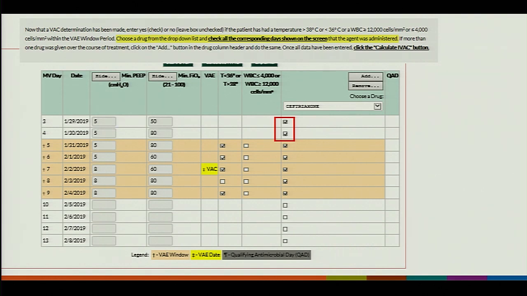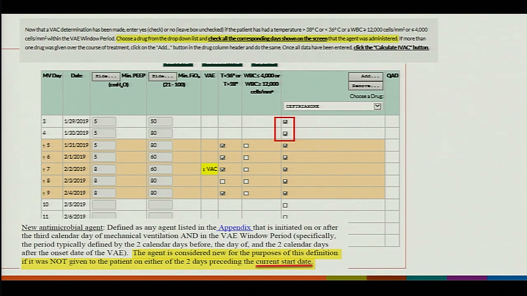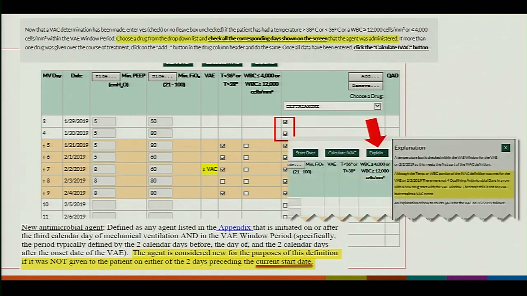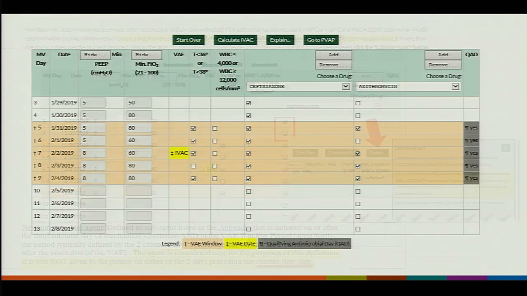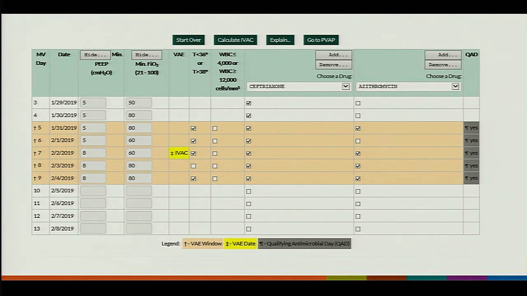So when you're entering your administration of antimicrobial agents to see if you're going to proceed to the IVAC tier, it is important, just as important, to enter administration on those 2 days prior to the window, as it is to enter administration in the window. So in this case, you can see that ceftriaxone does not contribute any QADs. That's not how we're proceeding to the IVAC tier. All right. So the way we are bumping up to the IVAC tier from VAC is because of the administration of the